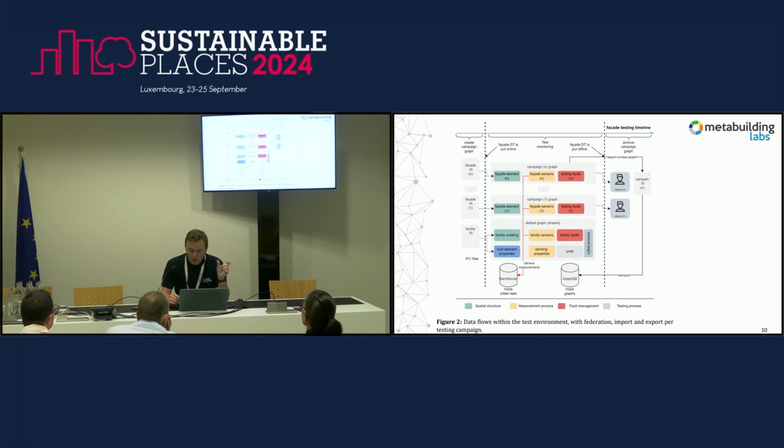The campaign relates to the digital twin of the facade element. When the physical facade component is placed on the facade, the digital twin of this facade element is online, or alive. And then when you take it off, the element disappears, and all the sensors and the context related to that element disappear. But the building is still there, and it will be replaced by something else. So here we're following the process of this facade element.